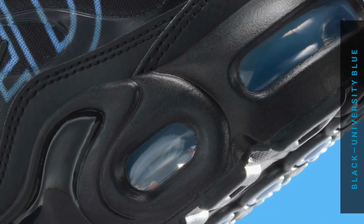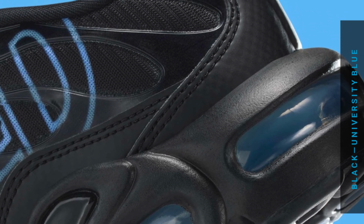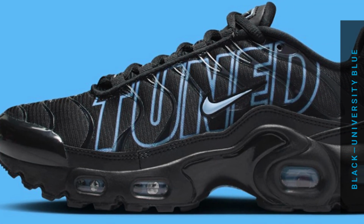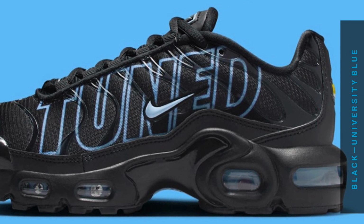Originally introduced on Sean McDowell's 1998 Air Max Plus, Tuned Air technology marked a major shift in Nike's approach to air cushioning. It continued to influence several models through the late 90s and early 2000s, and its impact remains visible today in sneakers like the Air Max DN and Air Max DN8. The system relies on dual air chambers with varying pressures, optimizing impact transfer from heel to toe for improved bounce